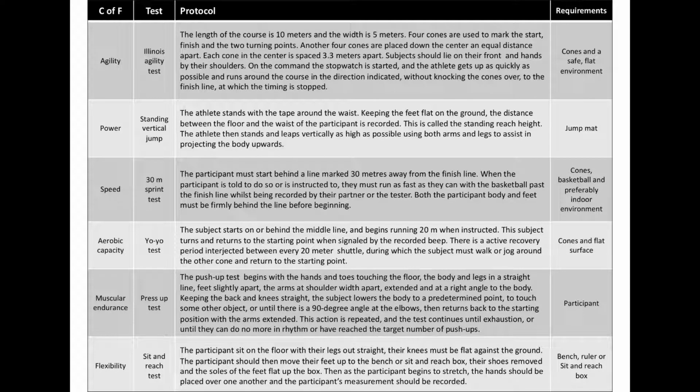Next was the components of fitness I wanted to test, the test for that component, and how to carry it out. The first component of fitness I wanted to test was agility, and I chose the Illinois agility test to do so. The protocol for this was